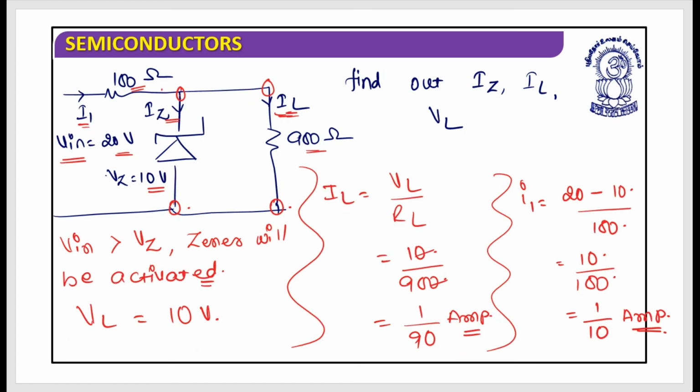But in the next case we have 20 volts as the input, and at this end the maximum I can have is 10 volts. If I get anything exceeding 10 volts, it can damage the circuit, and I cannot bear that. So what we are supposed to do is, we have kept the Zener of 10 volts. The Zener has intelligently created a 10 volt potential across itself, and I get the voltage across the load, across RL, exactly equal to 10 volts.